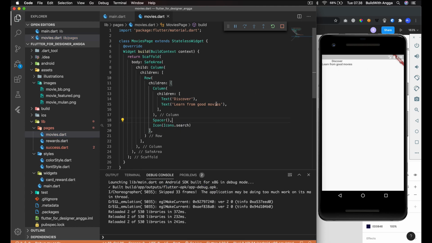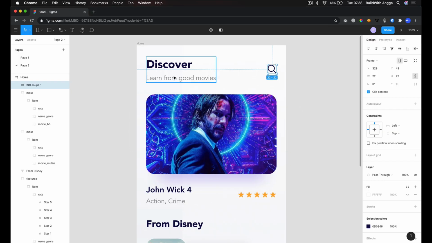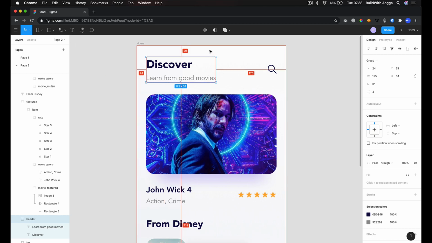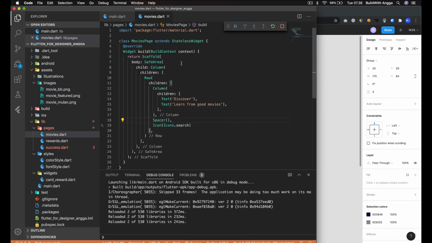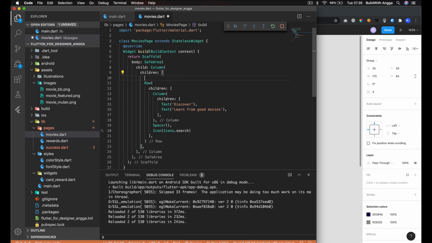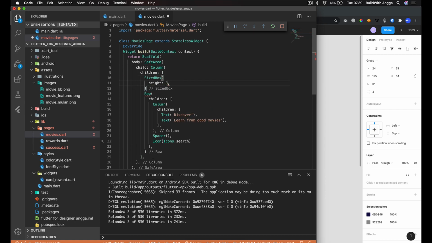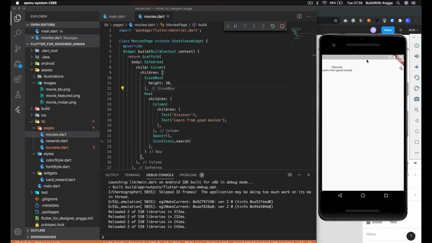Then we do need the padding. If you see in the design, we have this margin top 30 and margin left 24. So for this Row, in the children, before we have this Row, we need to make a SizedBox, 30. So we will have this margin.